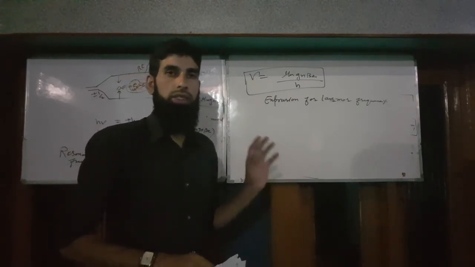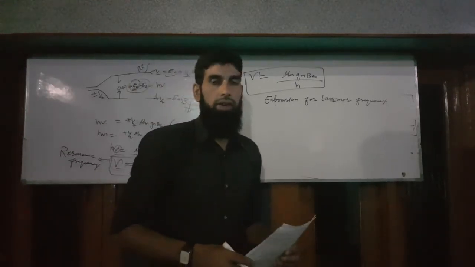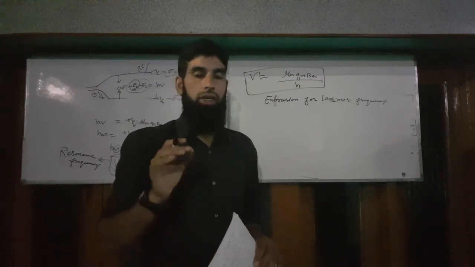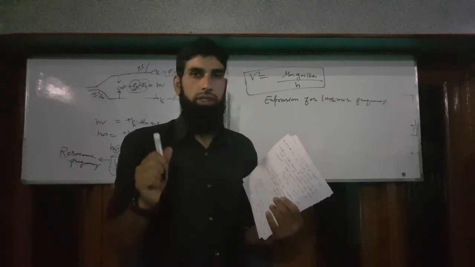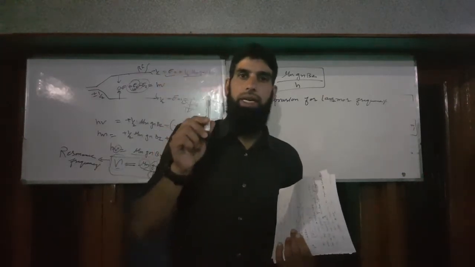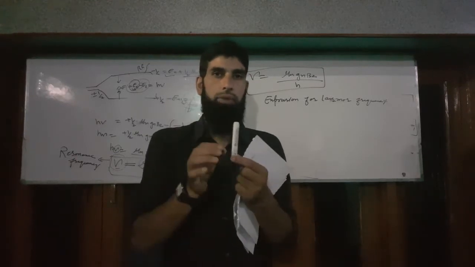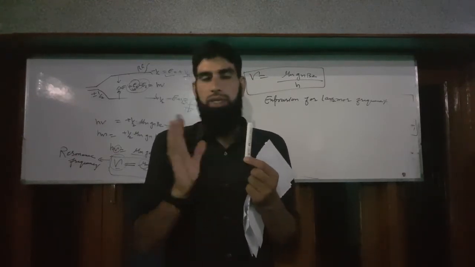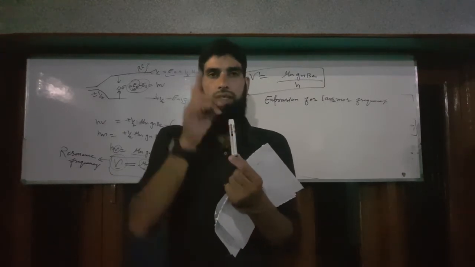First, we try to know what the Larmor frequency is and what the Larmor precession is. After that, we will derive an expression for the Larmor frequency. As I have already told you, when we apply an external magnetic field to our nuclear spin state, what happens? This spin state is associated with a magnetic moment. In the absence of an external magnetic field, initially it was spinning along the z-axis.